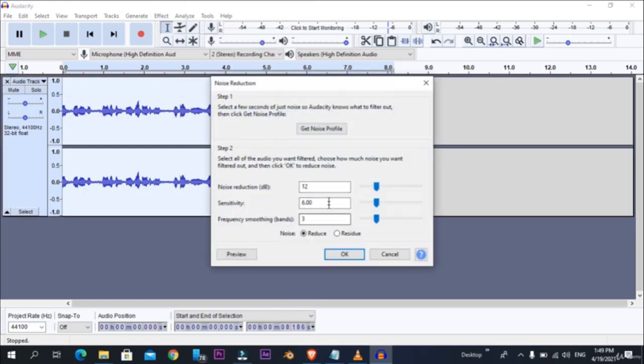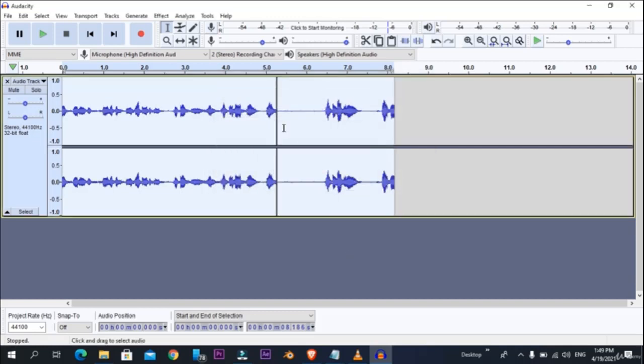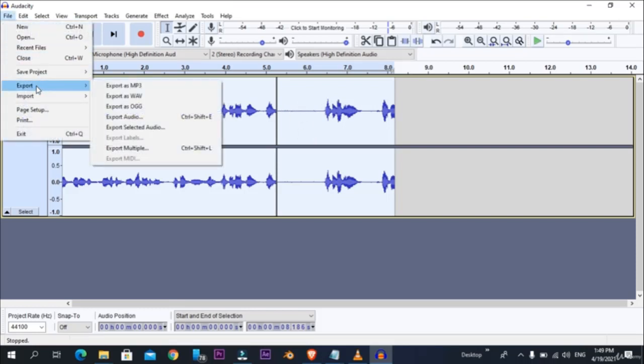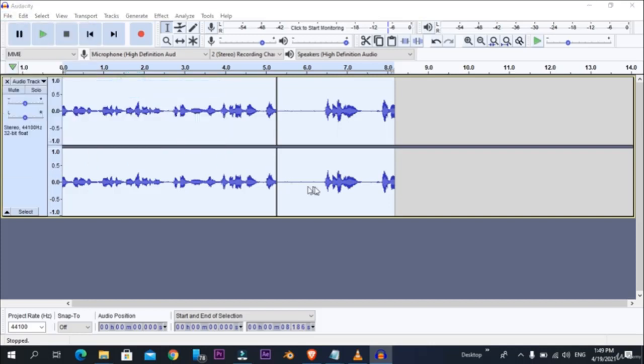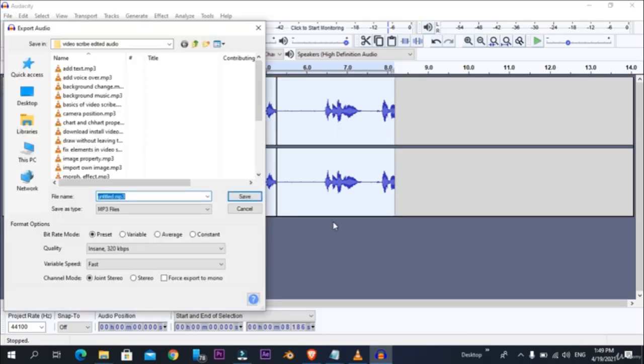This is my setting, so this setting works fine for me. So then I click on OK, then it reduces all the background noise. You can see the difference. Then I export this by clicking on export as a MP3. Then I name it, let's say in this case it is just a test, so I'm gonna name it test